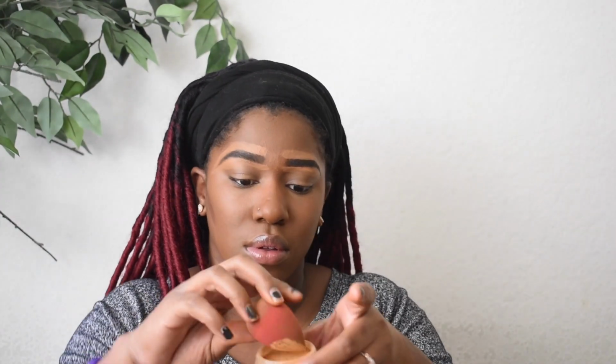So now you see me starting to blend it out. I'm blending out the concealer, and next you're gonna see me go in with some setting powder. You just wanna put this pretty much everywhere I put concealer. I also went ahead and contoured just a little bit,